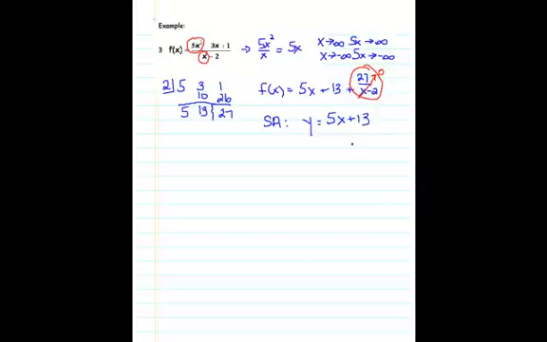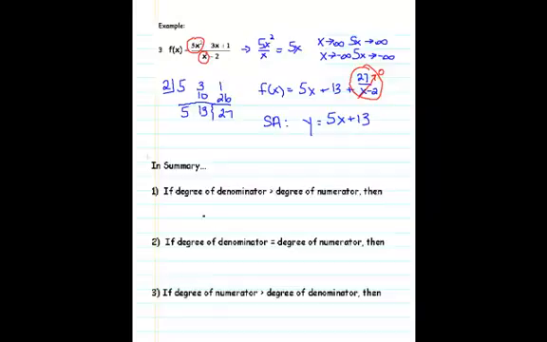Let's go ahead now and summarize the 3 different cases that we've learned about. In case number 1, the degree of the denominator was greater than the degree of the numerator, and anytime that happens, we'll say that this is going to have a horizontal asymptote at y equals 0. In case number 2, the degree of the denominator is exactly the same as the degree of the numerator, and in that case, we're also going to have a horizontal asymptote, but it's going to happen at y equals